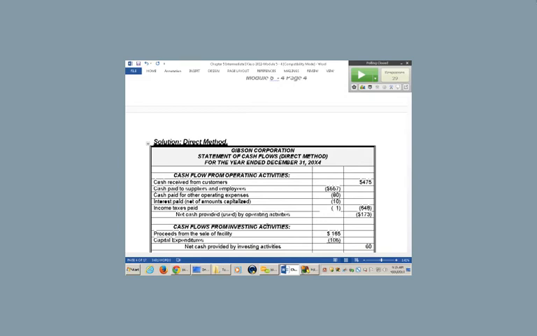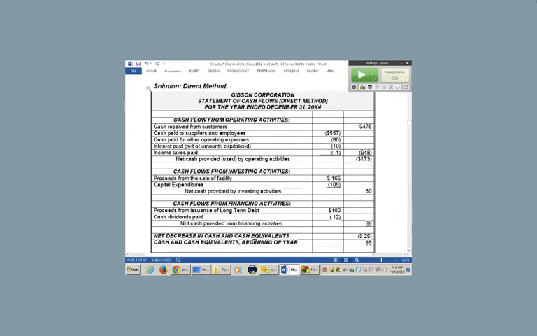Cash flow from investing, as I said, you didn't have to go through all that analysis, but I just want to be sure you know the technique. In this case, they sold the equipment for 165, and that is already established by the data. Capital expenditures. Notice you purchased, and I want you to be very clear, you purchased 127 worth of assets, but only 105 goes on the statement of cash flows. Why? Because 22 is a non-cash financing and investing activity. That's got to be disclosed. That's not going to go on the statement.